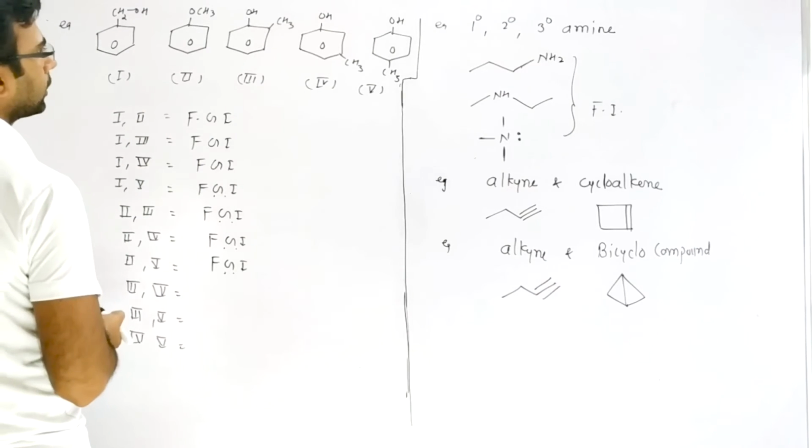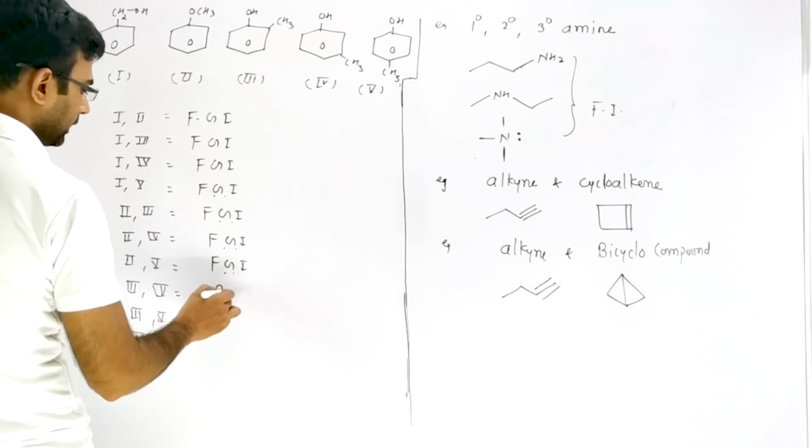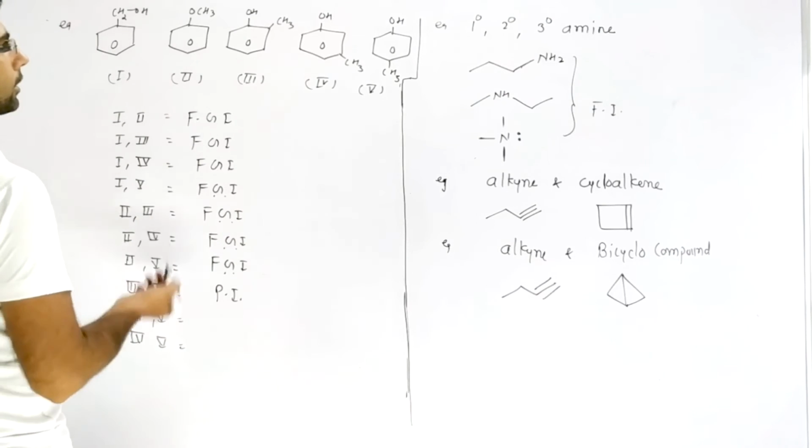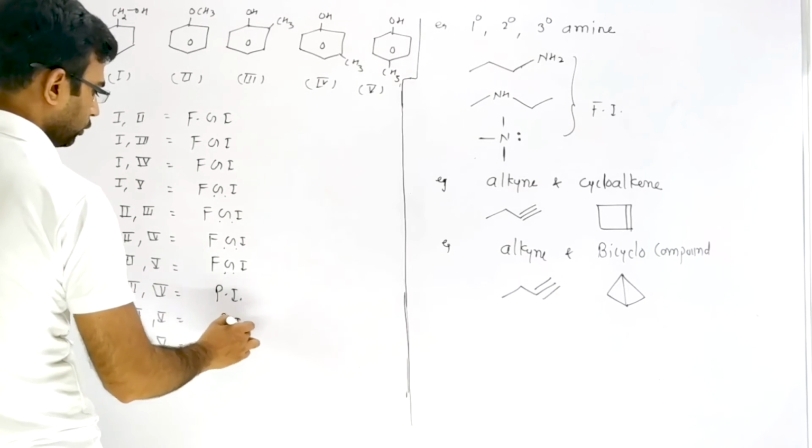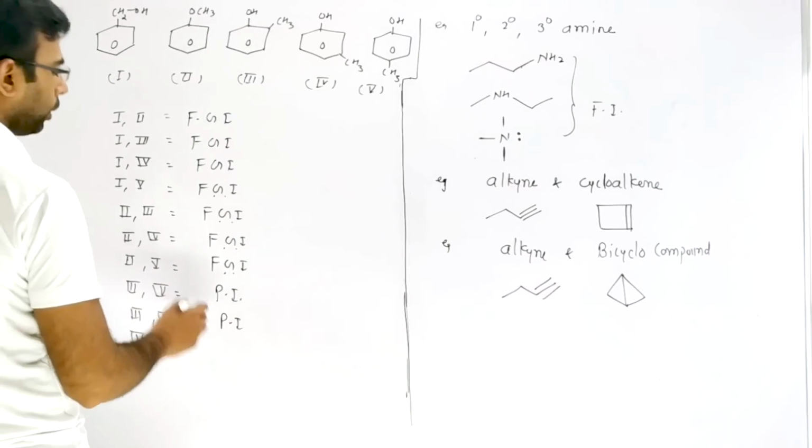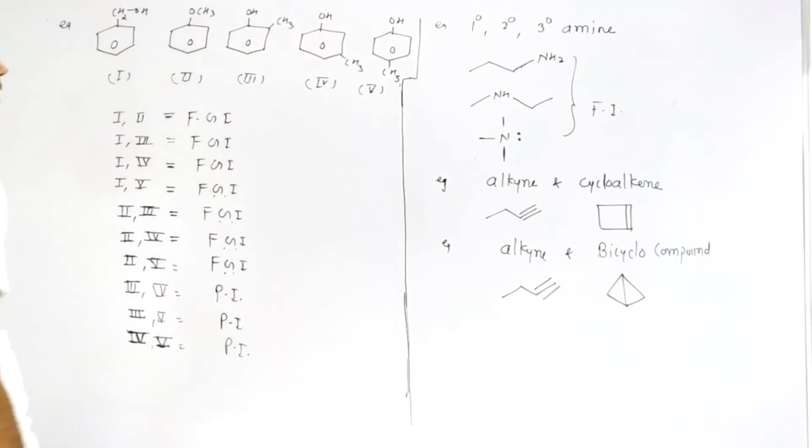Third and fourth are position isomers. Third and fifth are also position isomers, and fourth and fifth are also position isomers. Next, fourth, we discuss